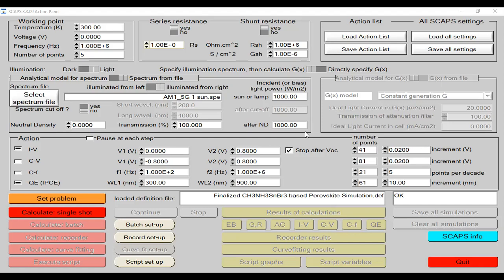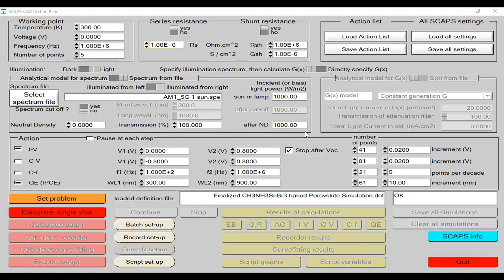So I am going to set my values 1 raised to power 14, 1 raised to power 15, 1 raised to power 16, 1 raised to power 17, 1 raised to power 18. So my starting defect density value of the absorber is 1 raised to power 14, 15, 16, 17. And then I need to mark all these values and put them into this section. Okay, now you can see my values have appeared over here.